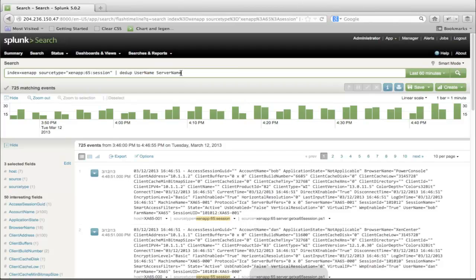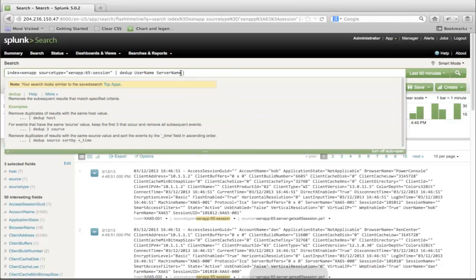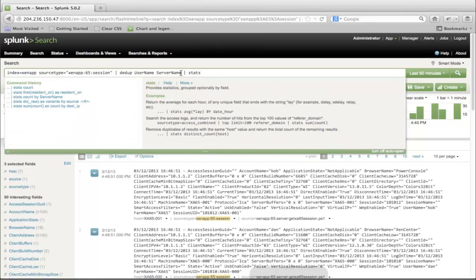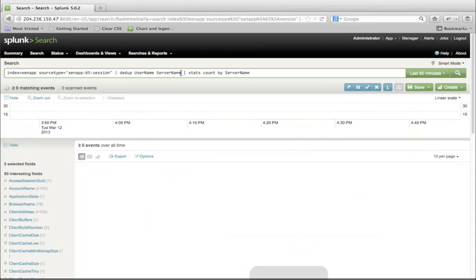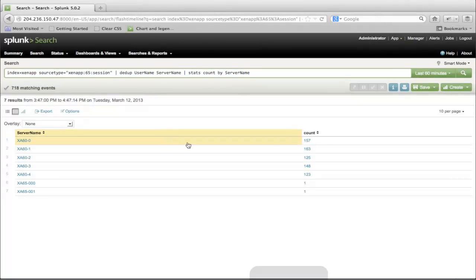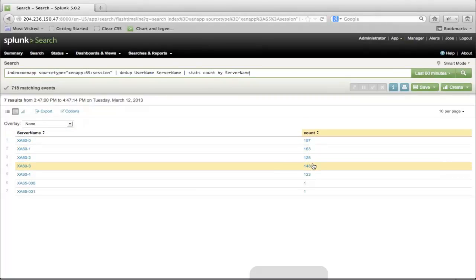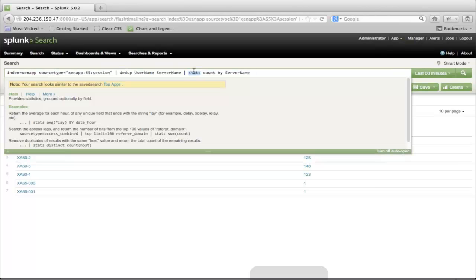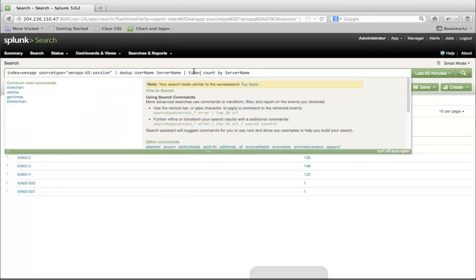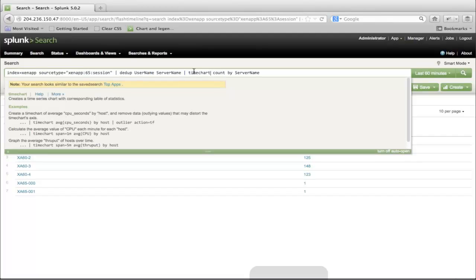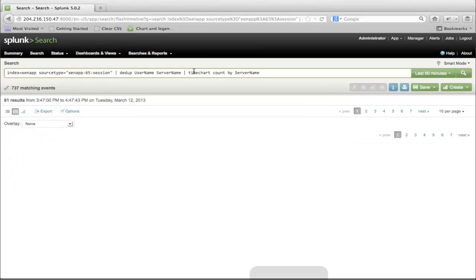Okay, and then I could do that stats command again if I wanted to. Say, stats count by server name, and this will give me a table of every server and the unique user count per server. So that's cool, but again, we want to do this charting stuff. Besides just a regular chart that gives you a static graph, you can do this thing called a timechart as well. And this will give you a chart for every time slice along the way, because machine data is time series data.